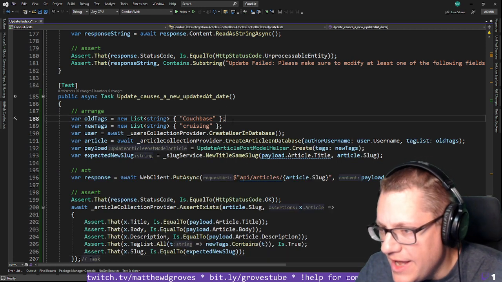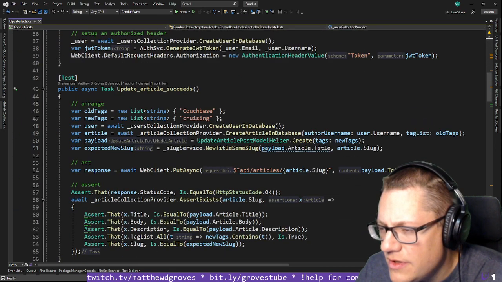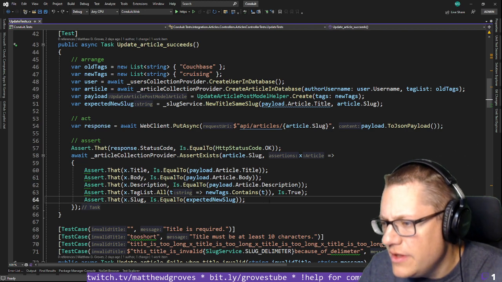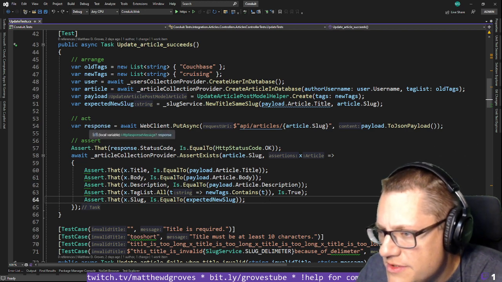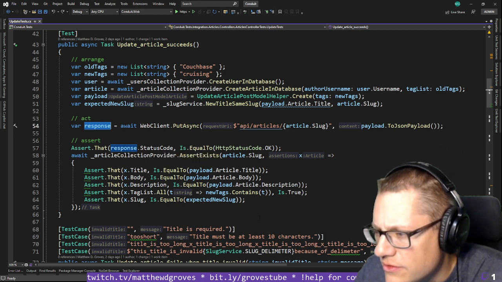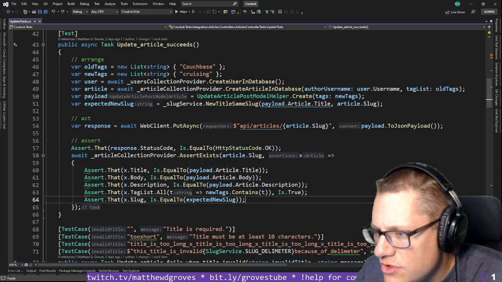We're not updating tags. Why is this one tags? Update article succeed. So this is, okay. I could probably just add the assert here, right? So this is just testing that the article is in fact updated, but it shouldn't also return,